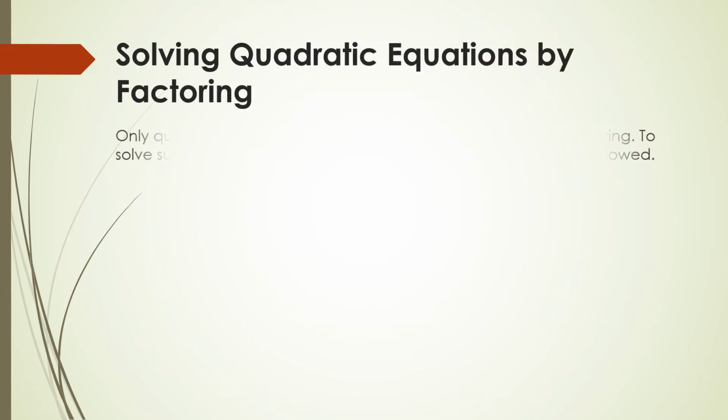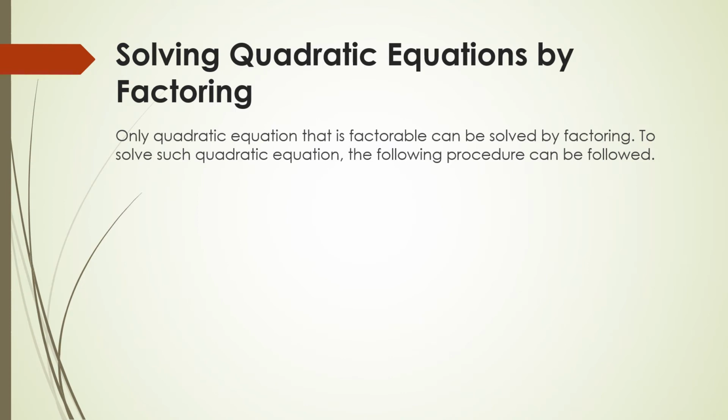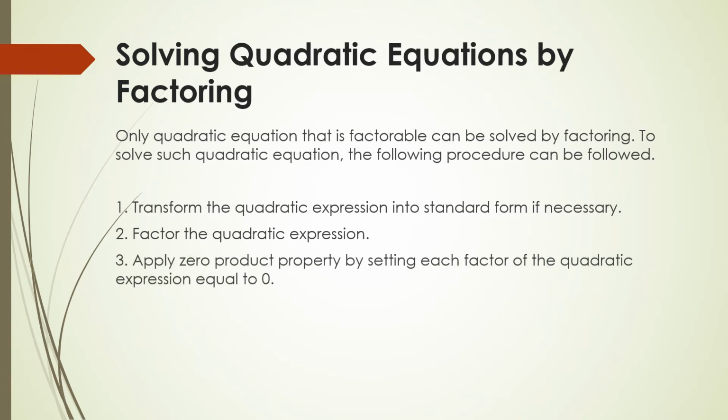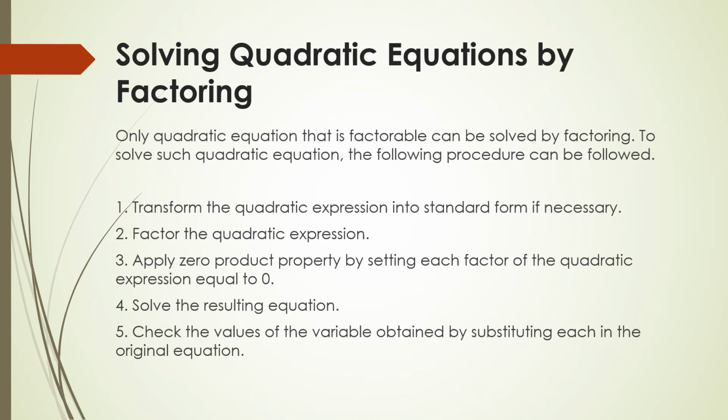Solving quadratic equation by factoring. Only quadratic equation that is factorable can be solved by factoring. To solve such quadratic equation, the following procedure can be followed. Number 1, transform the quadratic expression into standard form if necessary. Number 2, factor the quadratic expression. Number 3, apply zero product property by setting each factor of the quadratic expression equal to 0. Number 4, solve the resulting equation. And number 5, check the values of the variable obtained by substituting each in the original